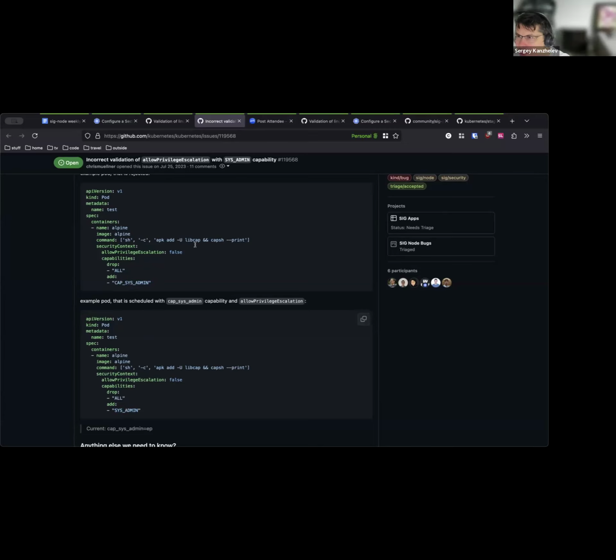I think the feedback from this group is we don't want to break pods. If somebody was able to specify something, they should be able to continue to specify it, and expanding what is accepted by Containerd is preferable here. So I think some combination of warnings and expanding capabilities is the way to go, and ideally through the KEP, so we can have broader visibility into how and what we change.